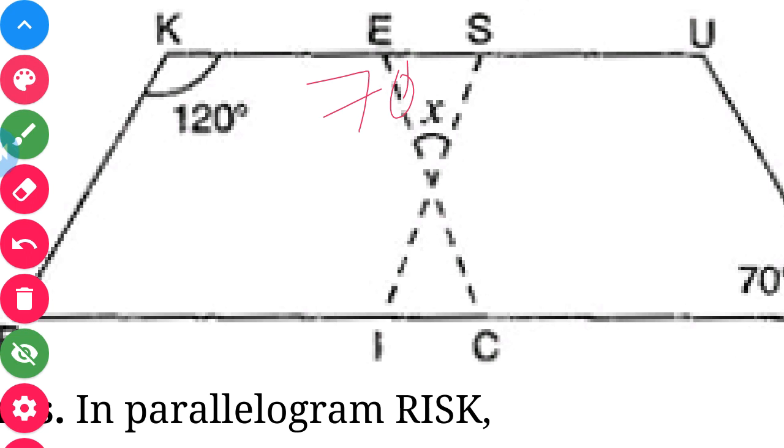I'll write here 70°. So here we need to find angle S. For that I have to find R first. So how to find R, children? Any idea? If I find this S, I can easily find the R. For that we first need the angle sum property of RISK. See, opposite angles are equal, so this becomes 120°. If it is 120 and 120 and we subtract from 360, that is 2x is equal to... 120 plus 120 is 240, and when you add up all the angles you get 360. Let me take it one by one here.